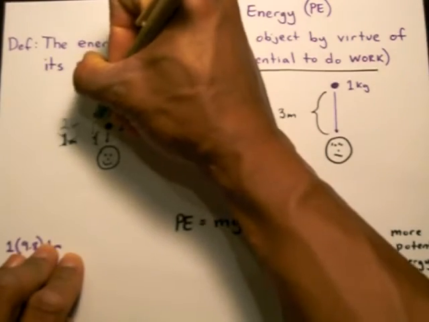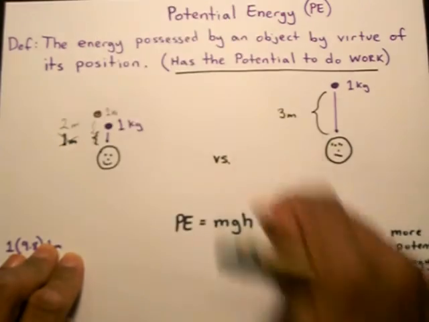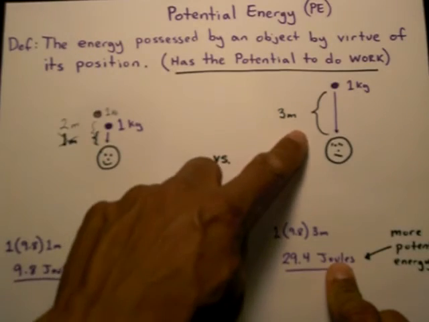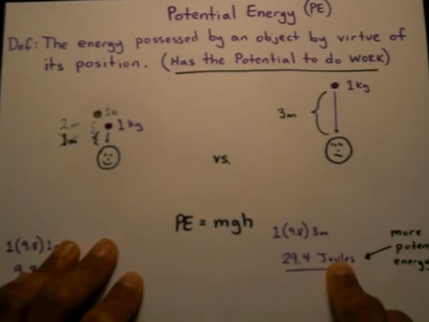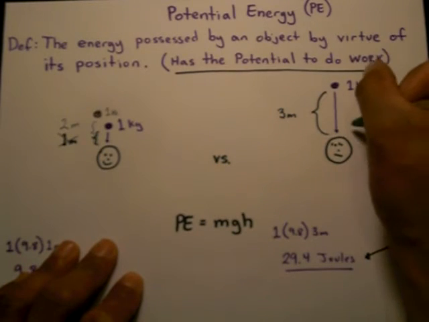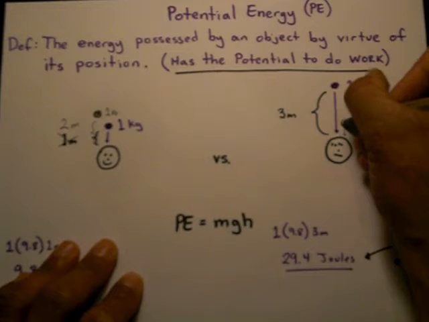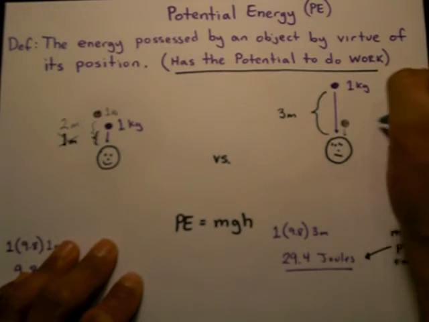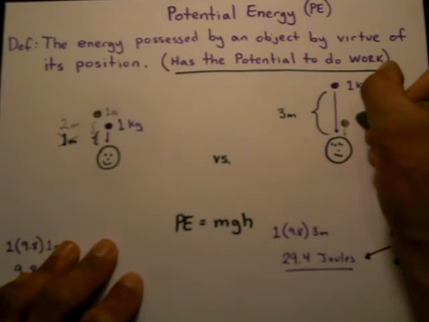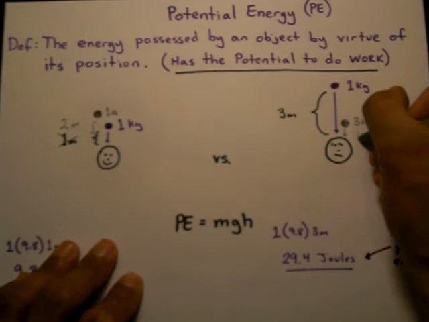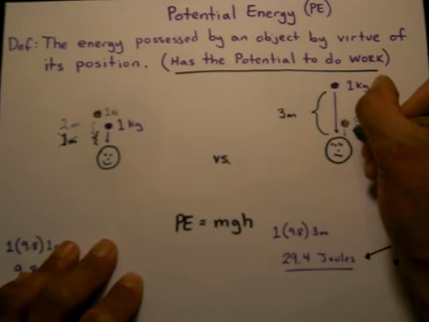I'll go ahead and make this guy black so it makes it easier for you to see. And it's 2 meters ahead. Now in this case, I'm going to actually lower this one down to about right here. However, the mass of this ball is going to be greater. Let's consider it to be, I don't know, 3 kilograms. And the height for this guy is going to be 1 meter above